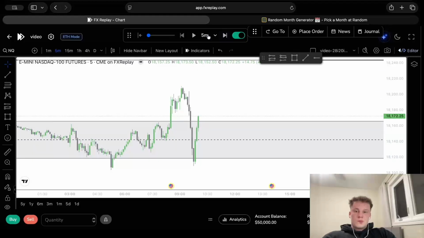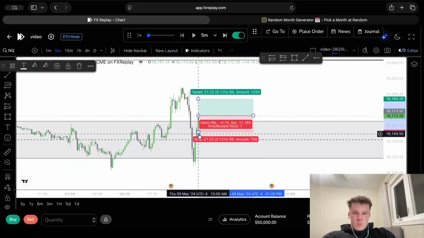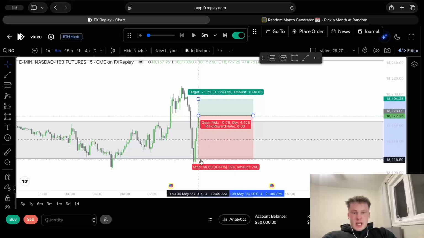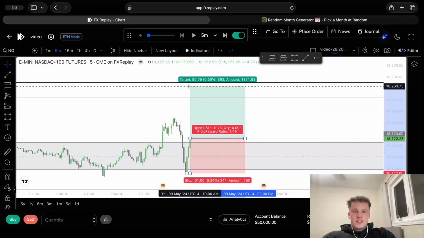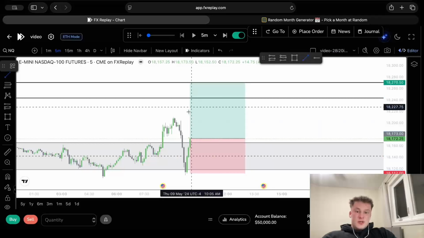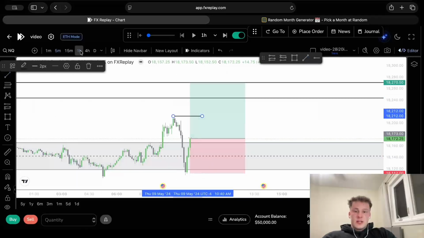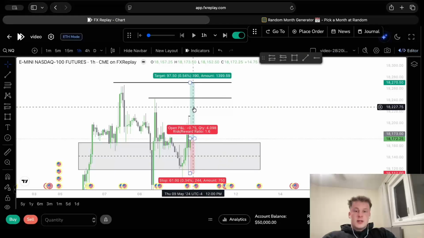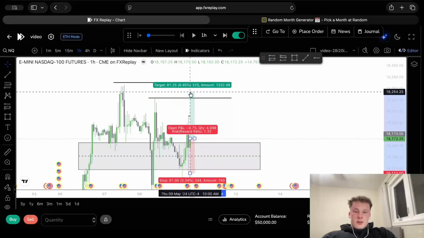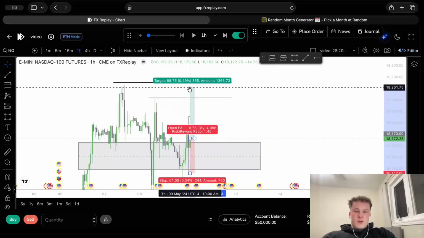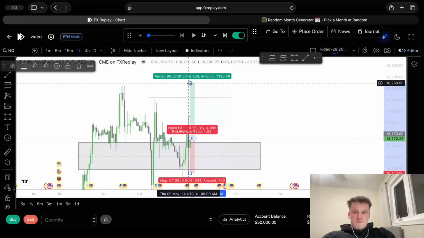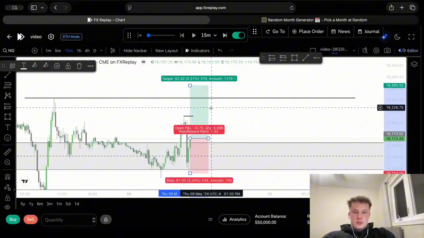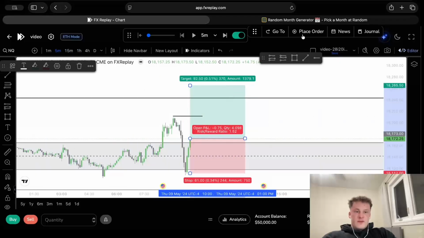Okay. I really like this right here. Same idea where we did just tap into a 4 hour, have a nice flip out. I don't know if we're going to go to these highs again, but I'm going to continue taking these higher time frame retraces where we might run here. We'll trail after this high right here, but mainly I want to target this right over here off the 5.